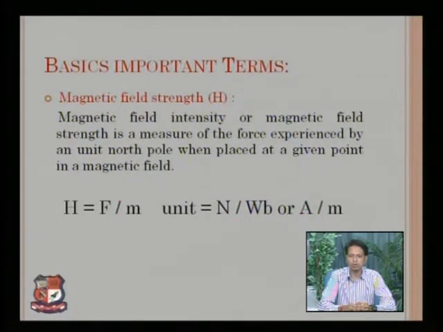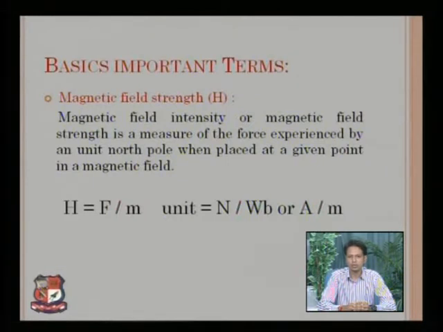That means you can also describe magnetic field strength H as the applied field. I repeat, magnetic field strength can also be defined as the applied field. We shall repeat the definition. Magnetic field strength is the measure of force experienced by a unit north pole when placed at a given point in a magnetic field. That means H is equal to force